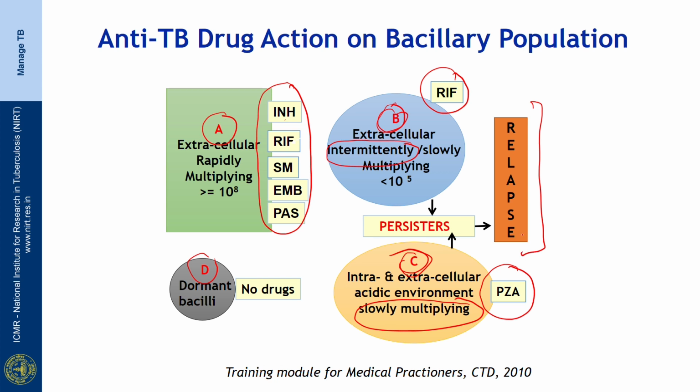So a regimen should achieve rapid kill by using these drugs. A regimen should also use these 2 drugs to remove the persisters and to reduce relapses. So in order to achieve cure, in order to reduce relapses, you need to include all these 3 groups of